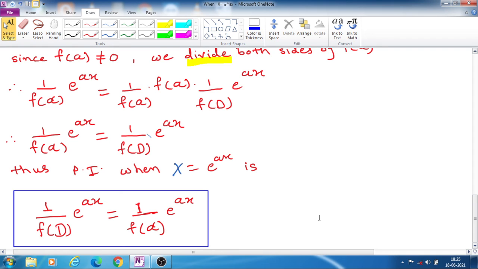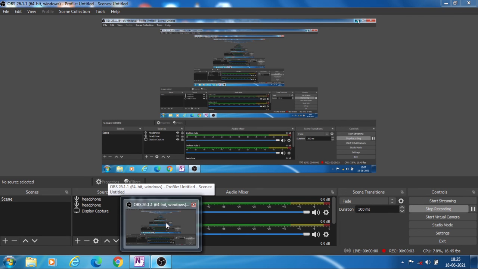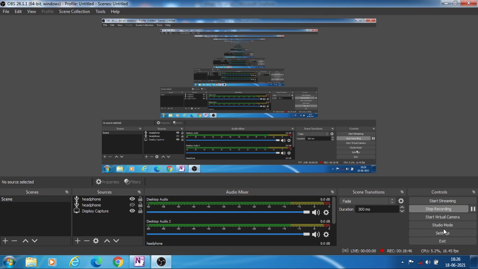So you read this again. This is a very simple derivation and you will get 8 marks for this derivation. And now again we have to use this formula while solving the examples. So you must remember this formula. We stop here. In the next lecture we will see another special function or another case.